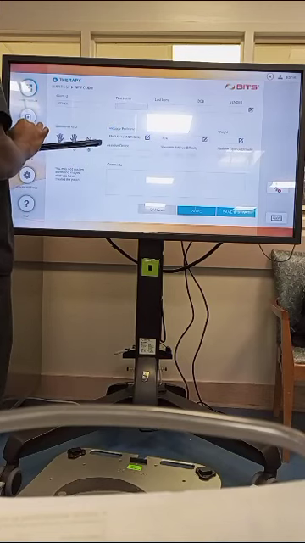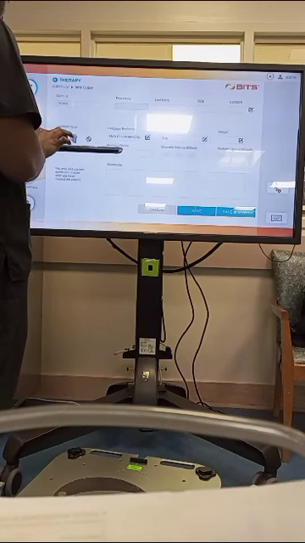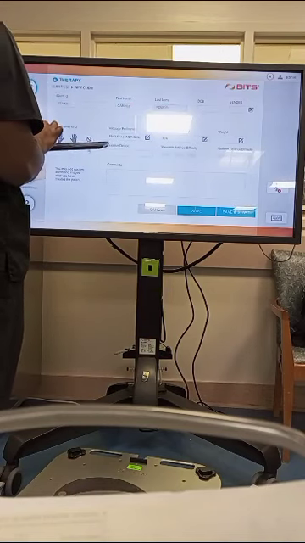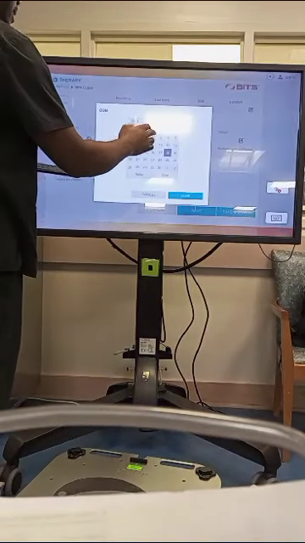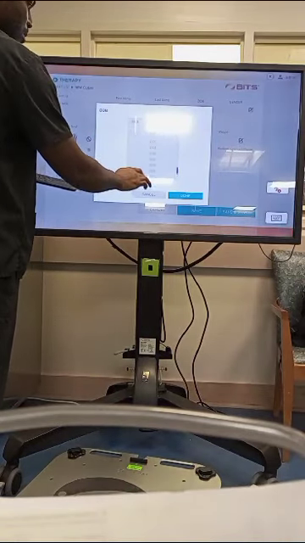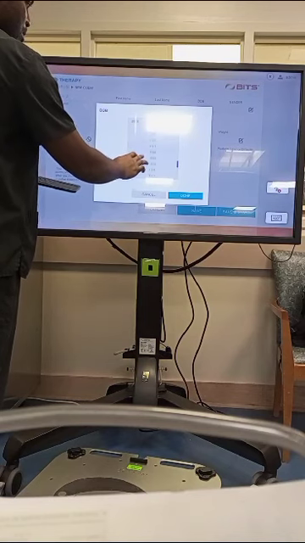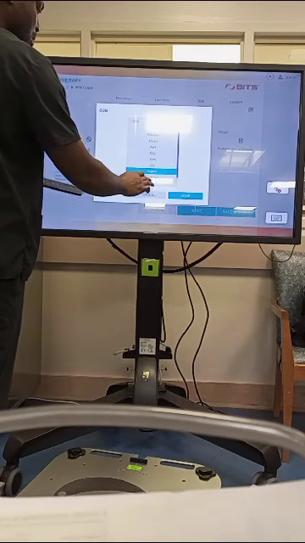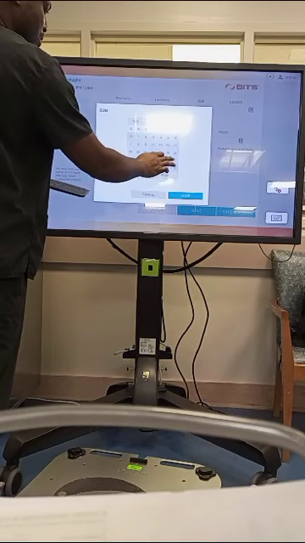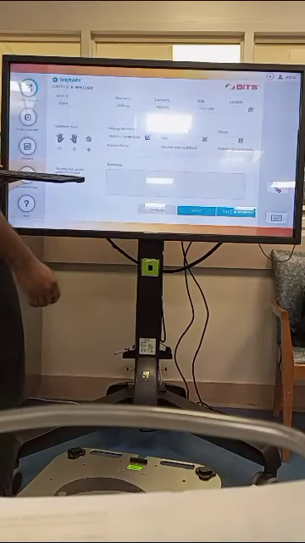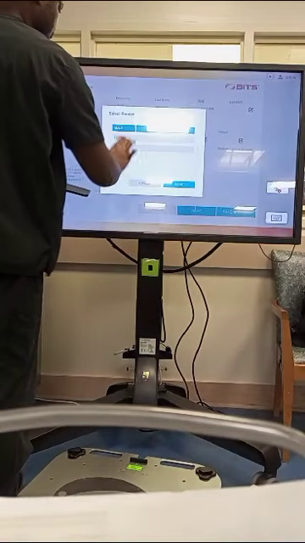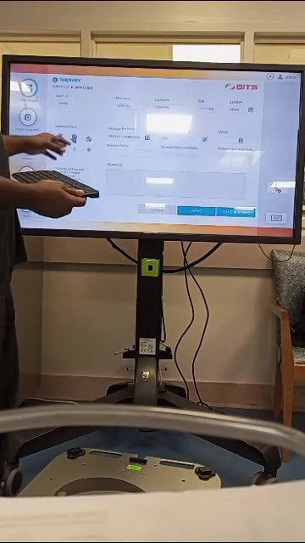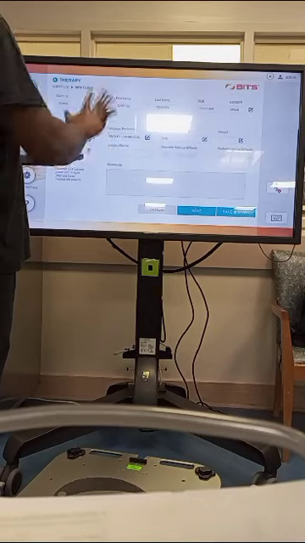And I'm going to put in my first name, and I'm going to put in my last name, and I'll put in my date of birth, and when I'm done, I click on done, and I put in my gender, and it's always important to look at the dominant hand. So if I am right-handed,